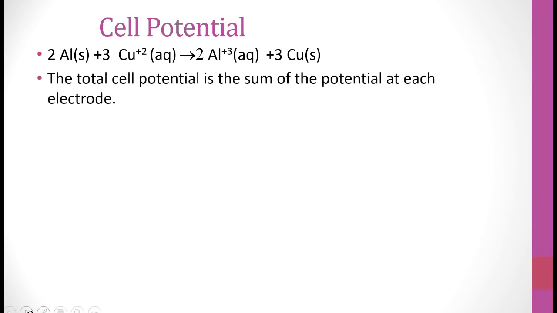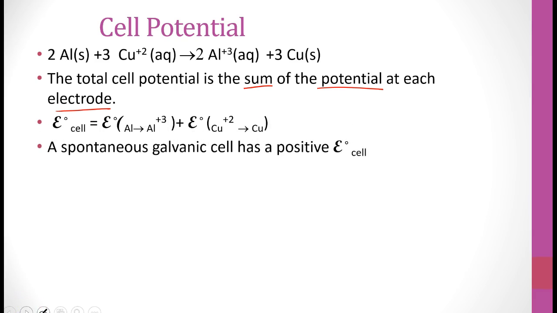The total cell potential is the sum of the potential at each electrode. So, what I want you guys to do is take a minute and see if you can find this one in that homework packet. Be careful, because there's a lot of coppers. Okay, there's 3 different versions of this, so you want to be real careful. Cu2 plus going to Cu with a charge of 0. So if you look on that, it's about 1/3 of the way down, and it says positive 0.34